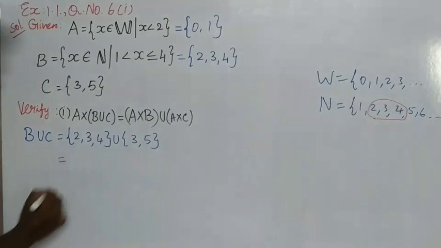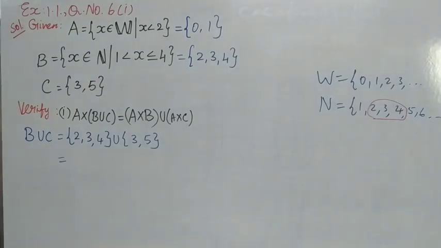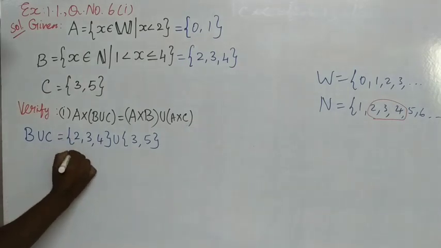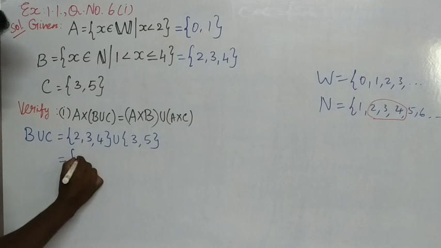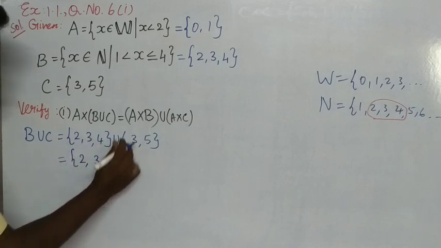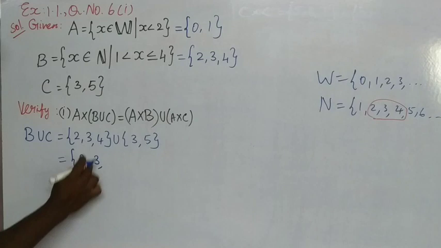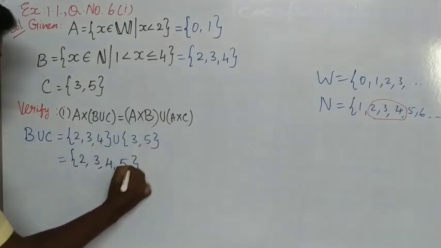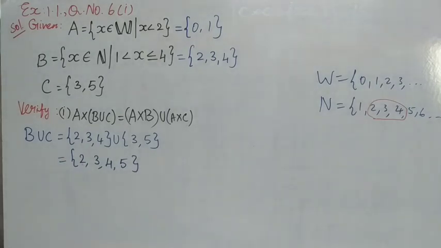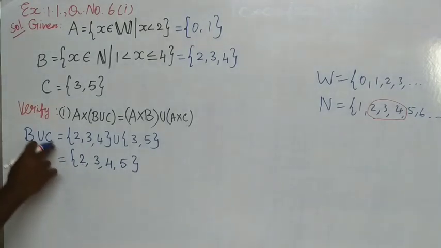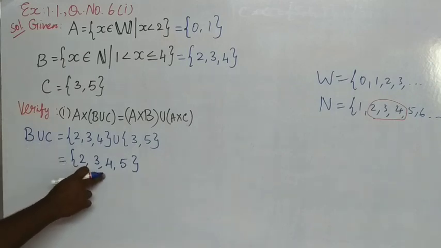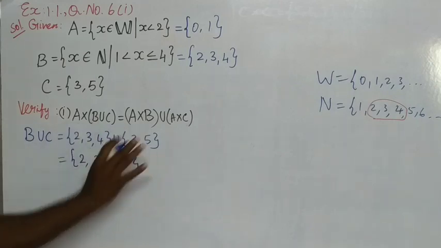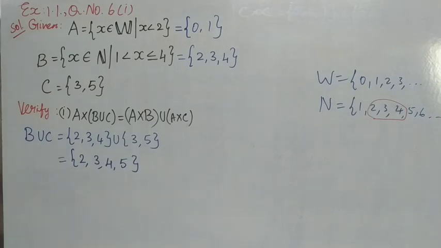So union means, you know already, we have to write all the elements together. If the elements are repeating, leave it. We have to write only once. So first 2 is here, so we write 2. Then 3 is here, so once we can write. Then 4. Then 5 from the second set, so we write all the elements together. If the elements are repeating, we write once. Okay. So B union C is equal to {2, 3, 4, 5}. You know already very well because you have learned the concept in your 9th standard.